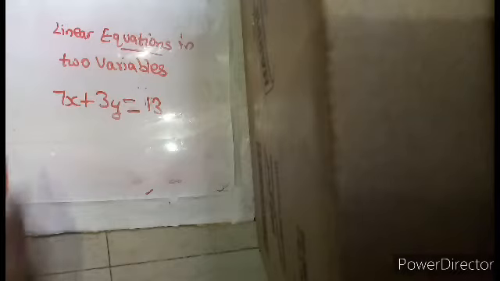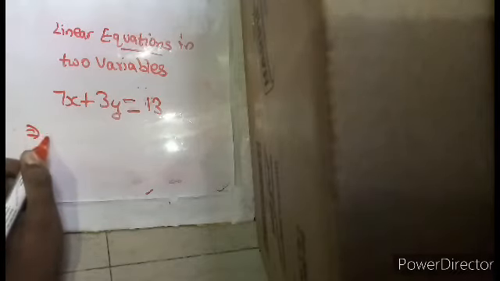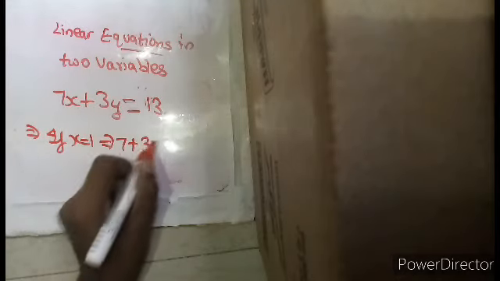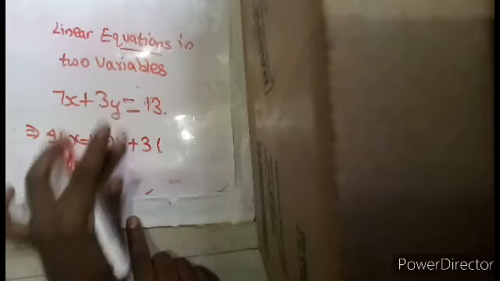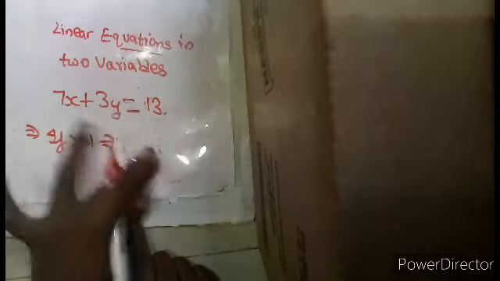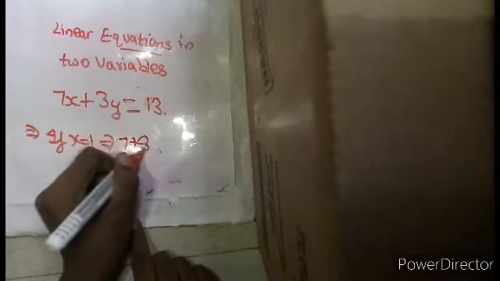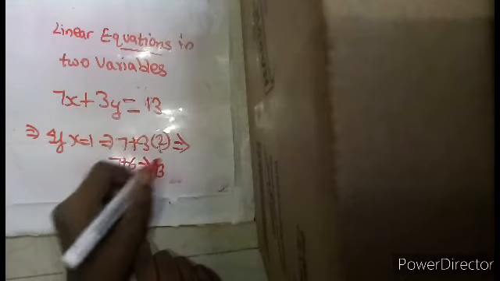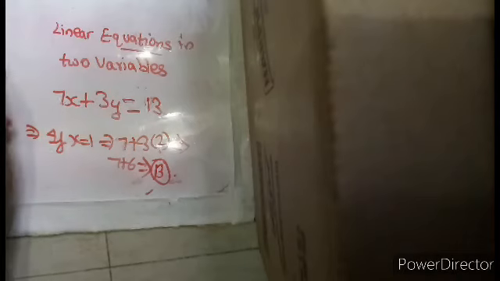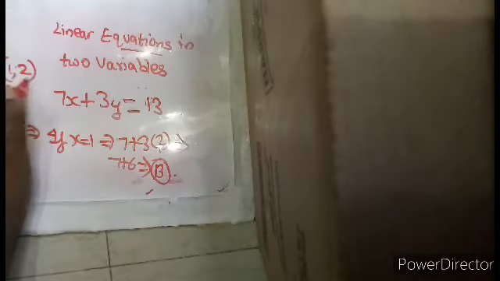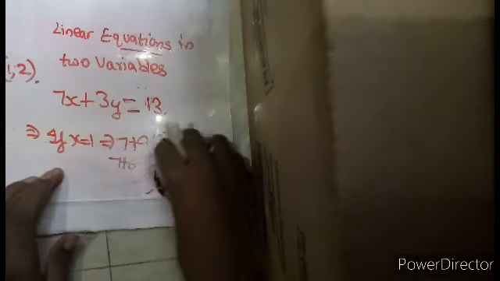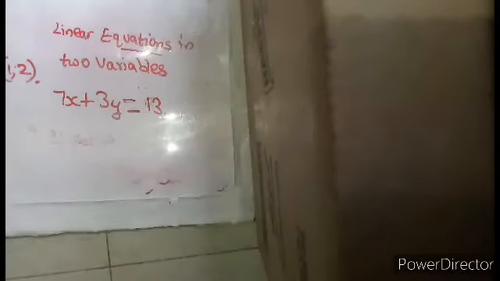7x plus 3y equals 13. Let's try to find it. If x is equal to 1, then 7 plus 3 will be 10, right? So let's take 7 plus 3 twos, which implies 7 plus 6, which implies 13. Okay, so there's 1, so let's take it as 1, 2. That is the first coordinate, if we are asked for finding two solutions. Then we need to find the other one.